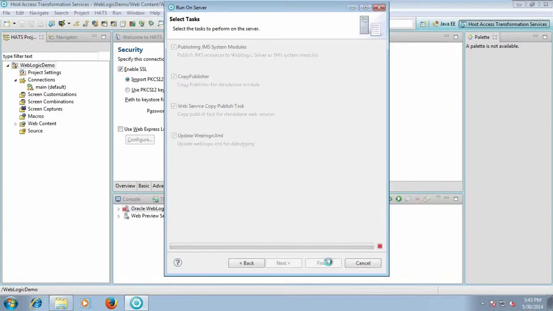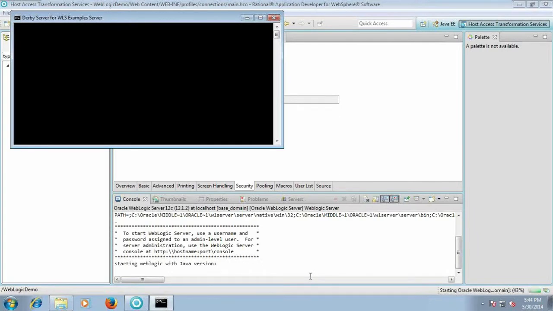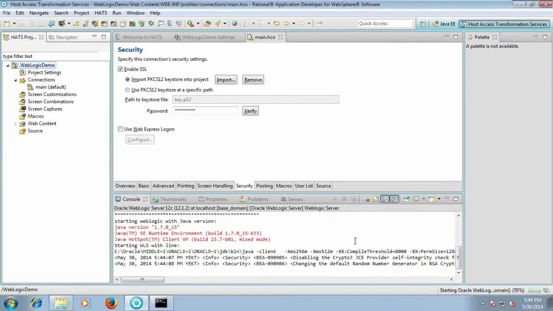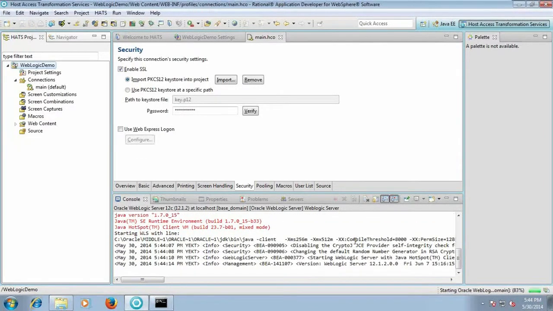It will take some time in order to deploy your application on the WebLogic server and start your application. Once your application is started, it will open up in an Internet Explorer browser. What it is doing, it is starting your Oracle WebLogic server domain.